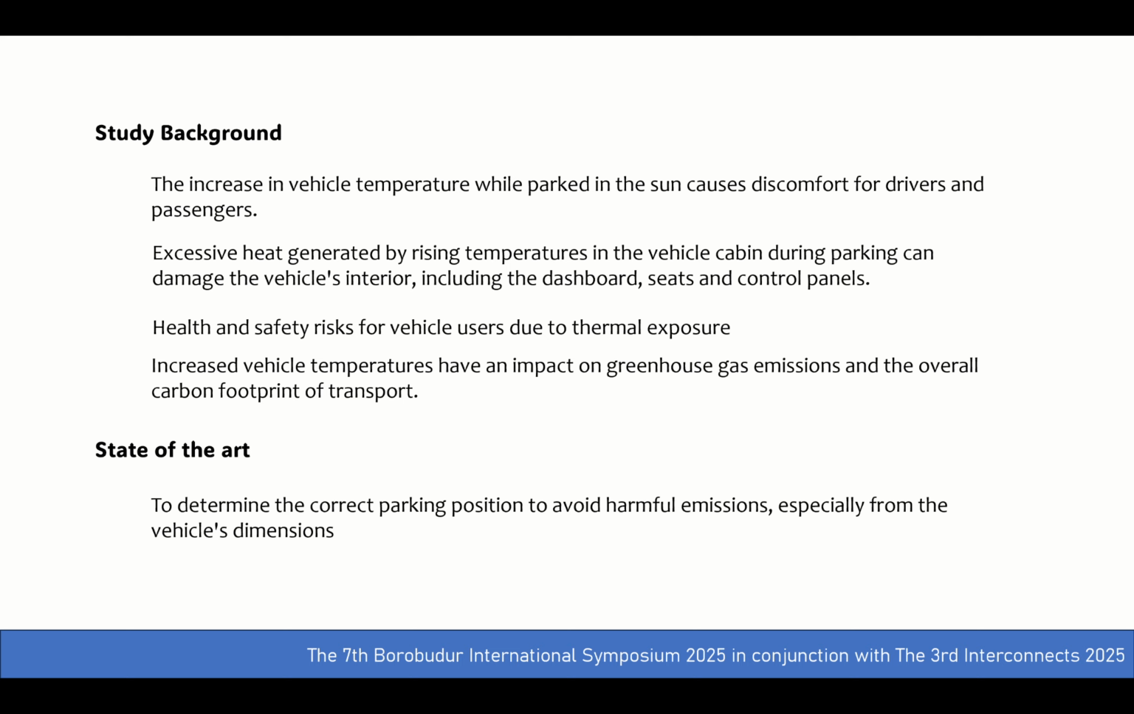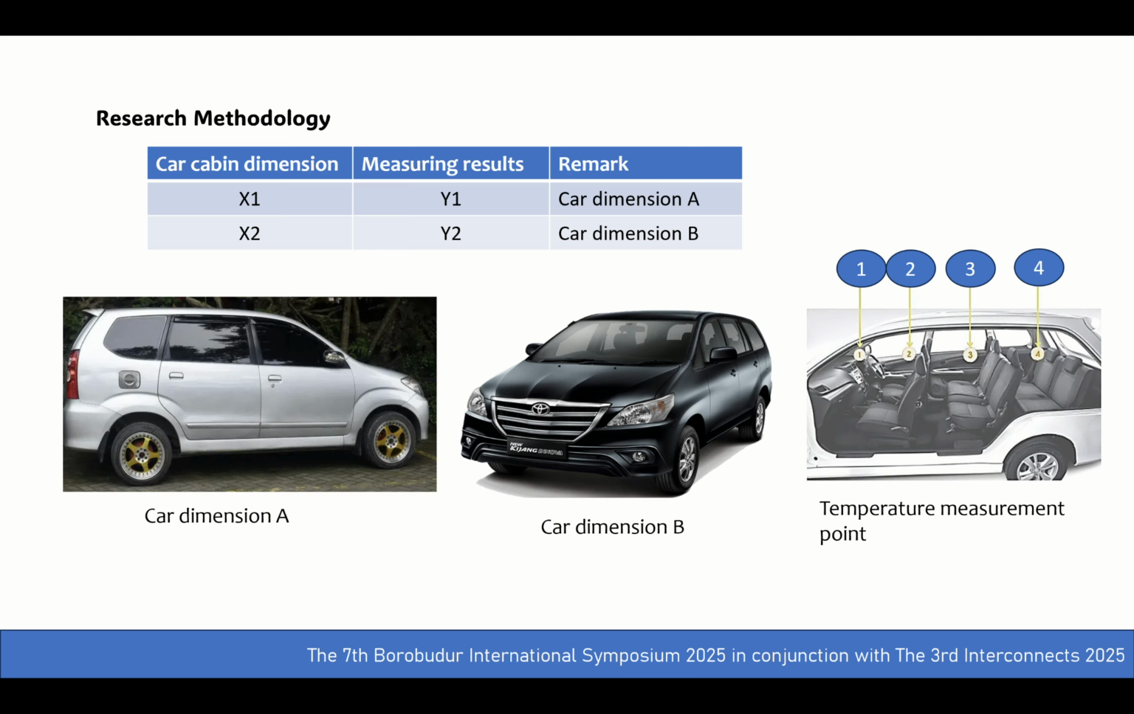The state of the art of this study is to determine the correct parking position to avoid harmful emissions, especially with respect to vehicle dimension. In this study, we use two car dimensions. We call them dimension A and dimension B. Car dimension A is the Avanza, and car dimension B is